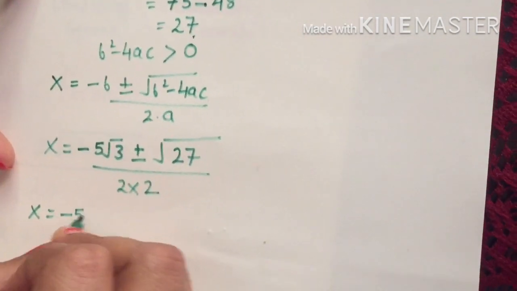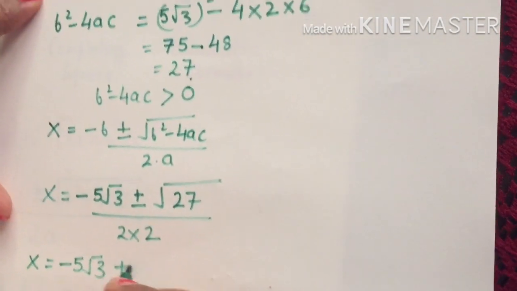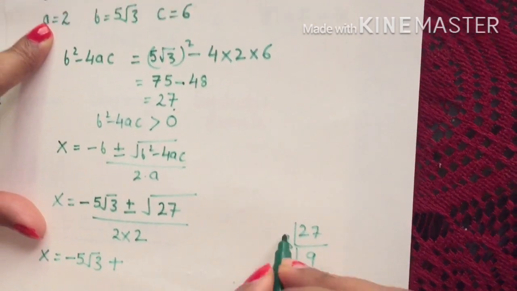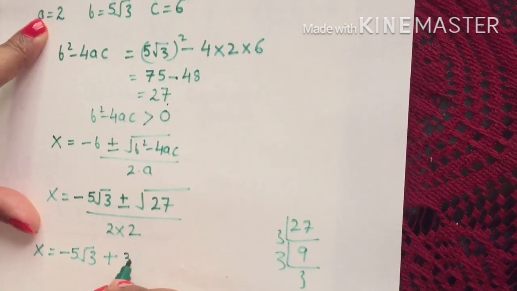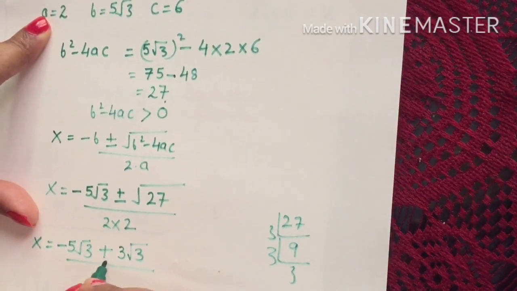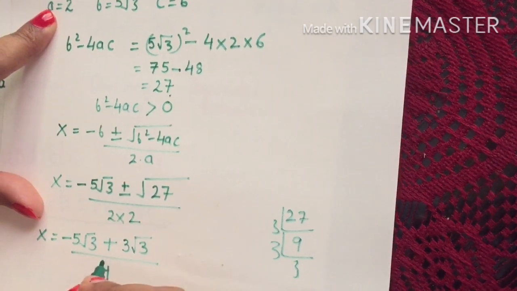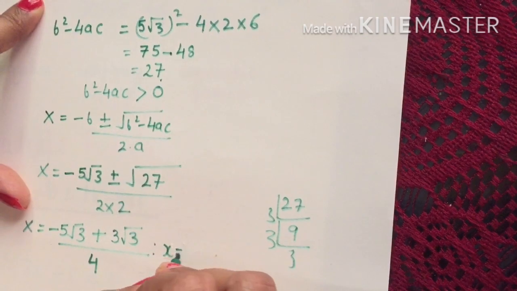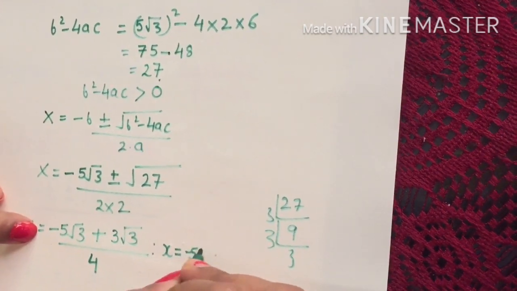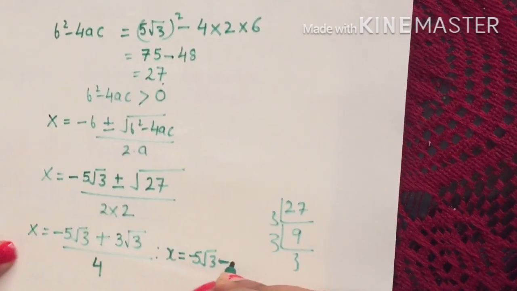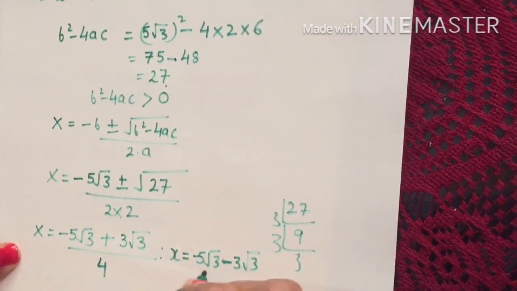So we'll just break it into two parts. So this is minus 5 root 3 with plus sign first, plus, so what is 27? 27 can be factorized as 3 9s are 27, 3 3s are 9, so a 3 will come out of the root. So it will be simply 3 root 3 divided by 2 2s are 4. So one will be like this, and another we will write with minus sign. So x equals minus 5 root 3, instead of plus, one more we have to write with minus, so minus 3 root 3 upon 4.